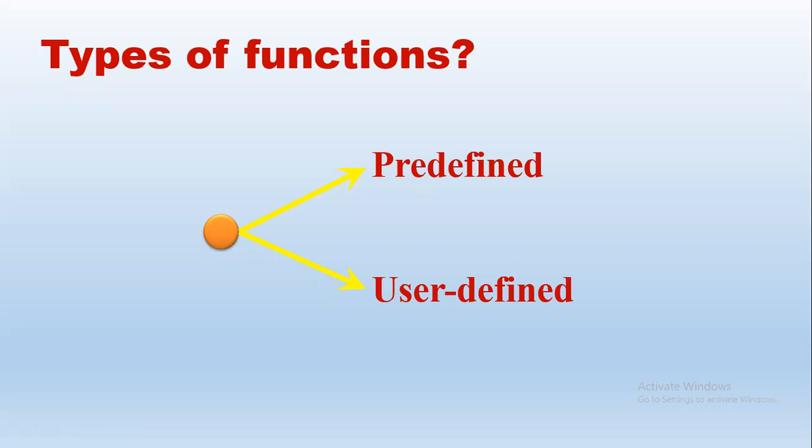What is the other type? Now we want to perform some operation which is not there as a predefined function, right? Adding two numbers is not there. So say we want to add them and then write it as a function. As a user, we are going to define it. So we can call them user defined functions. If we want to find factorial, there is no built-in function. So we can write a function for finding the factorial of a number. So it becomes a user defined function.